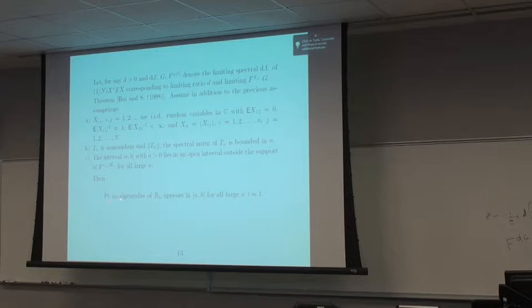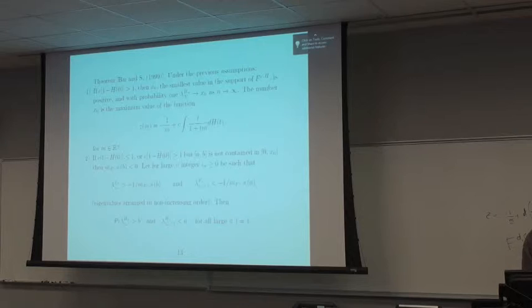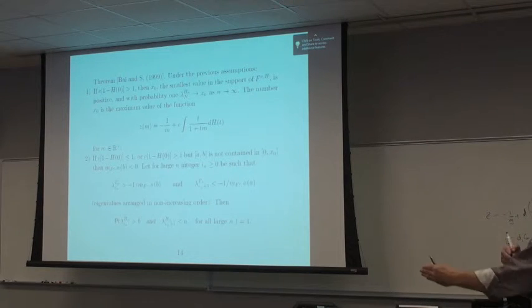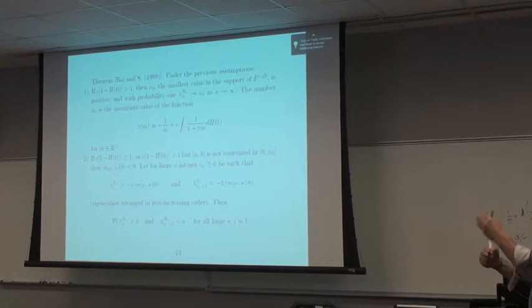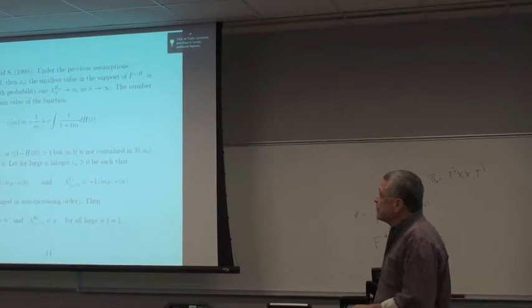Then the first result is the probability, the event that no eigenvalue of B_n appears in the interval [a,b] for all n large. This event has probability 1. So this will give us the result that no eigenvalues are appearing in places where they shouldn't. Okay. The next result deals with the proper number appearing in the support, or in other words, to the left or to the right of a region that's outside the support. The same number is appearing.